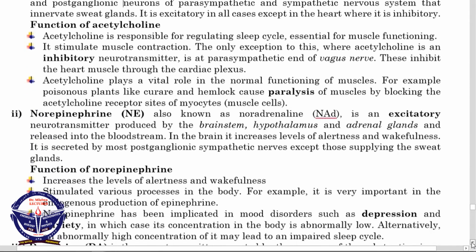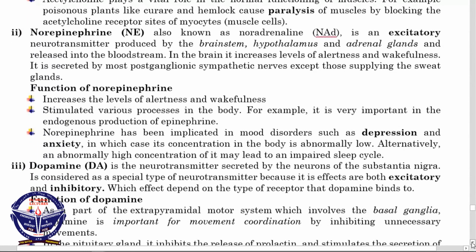Hapo tunaenda neurotransmitter wa pili, norepinephrine, inakuwa abbreviated in NE, also known as noradrenaline. NE is an excitatory neurotransmitter. So this is also an excitatory neurotransmitter produced by the brainstem, hypothalamus and the adrenal glands and released into the bloodstream. So you see, this neurotransmitter is produced by the three parts: brainstem, hypothalamus and the adrenal gland, and it is